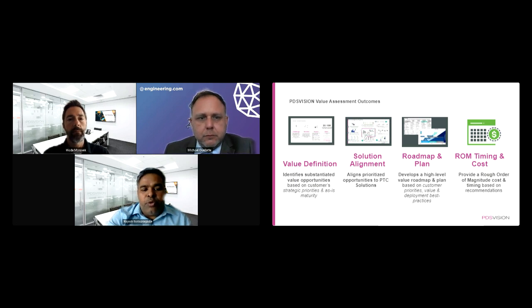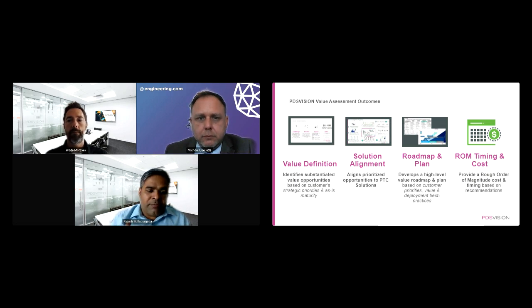So kind of doing that assessment of finding what solution sets meet that goal and creating that roadmap, right? So obviously we talked about trying to embark on all of this as a big bang. Sometimes it's not going to be possible, right? And there's going to be some data dependencies as well. So we have to reach some maturity, probably with your engineering bill of material, before you actually take on the next phase, which is how do I create those manufacturing bills of material from there, right? So understanding those dependencies, those interfaces, and creating the right roadmap, right?